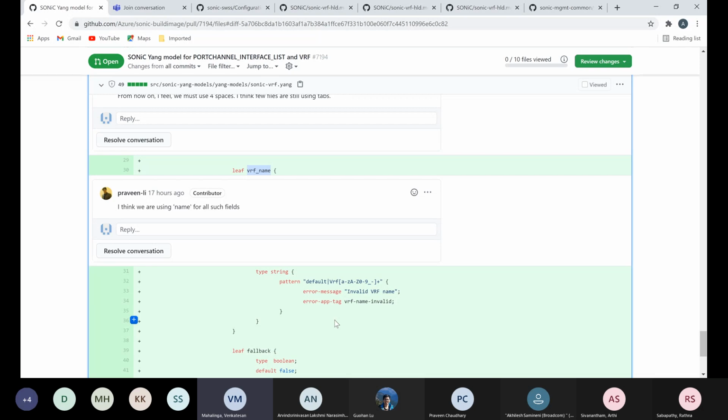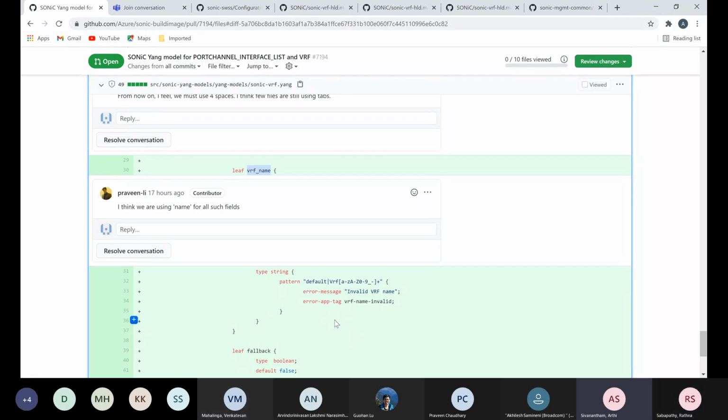If that changes, then maybe we can add a comment here that it's being ignored, because otherwise it will be confusing. Correct. If we don't have any VRF, then we don't have a default VRF, but you can push config with the VRF name default. Okay, I'll check that code and put a comment in here.